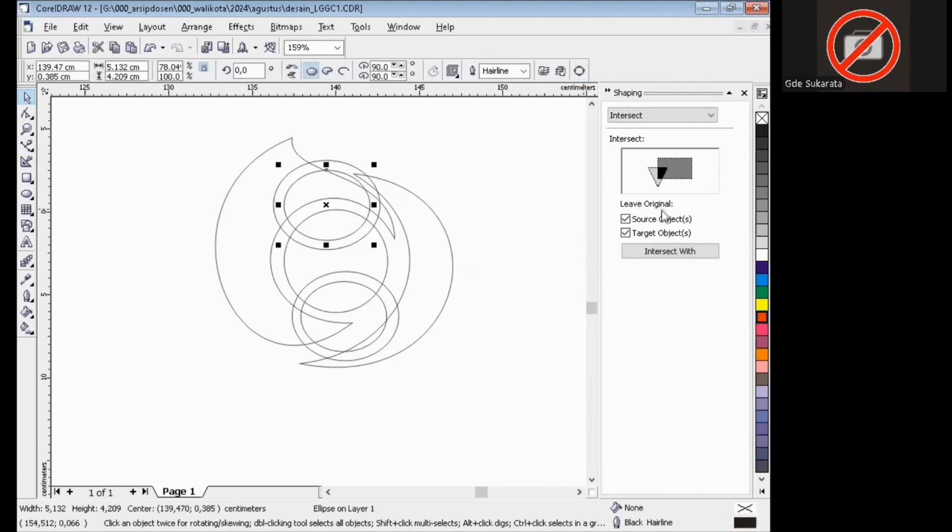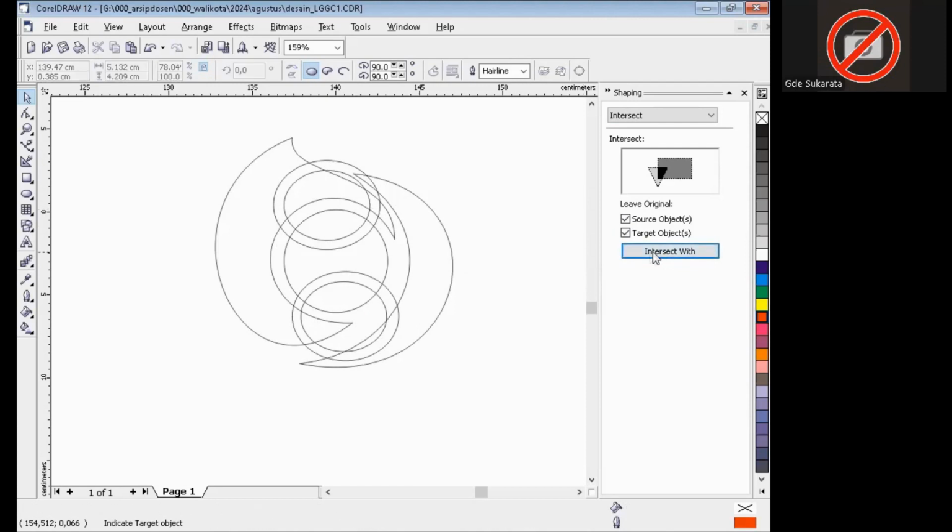Okay, it's a source object, and then you can choose the target object, press intersect with, yeah, intersect with, choose the object like this, tick.